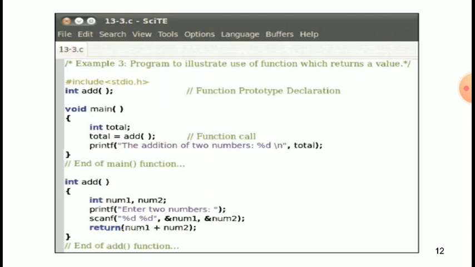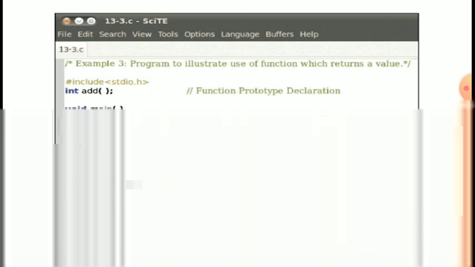Then int add, starting curly brackets, int number1, number2, printf enter two numbers, scanf %d and &number1 and %d and &number2, return number1 plus number2, end of the curly brackets, end of add function.